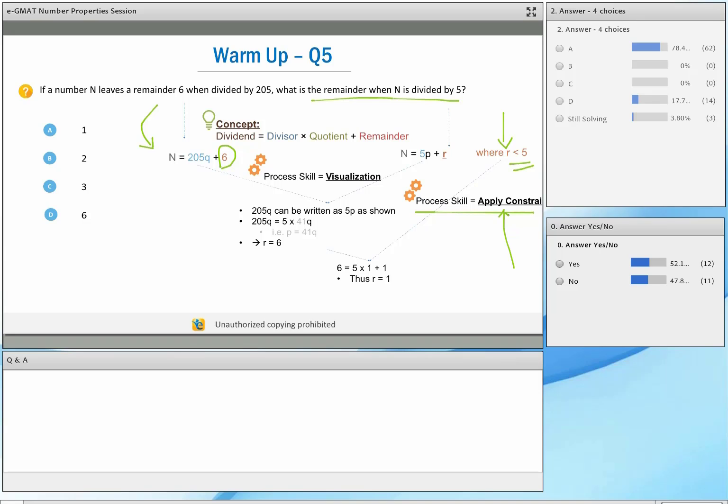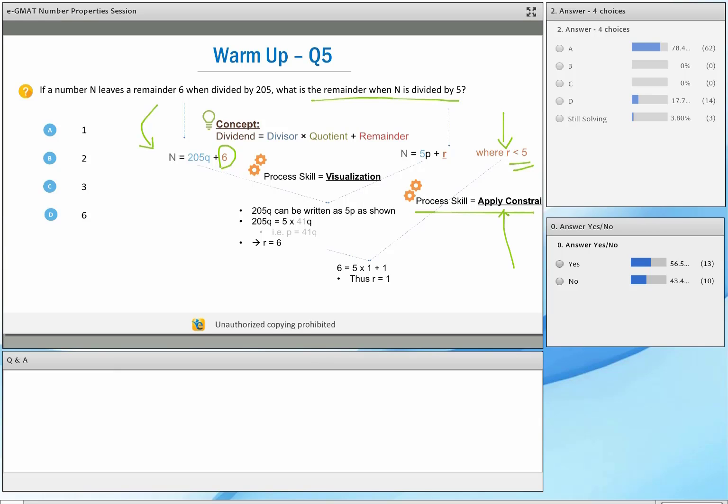Your corrective action in that case is not really very solid, because whenever you consider something as a silly mistake, you don't pay much heed to it, right? You may write down in your notes that I didn't consider that the remainder is less than 5, but there is no action coming out of that. There is no corrective action coming out of that.